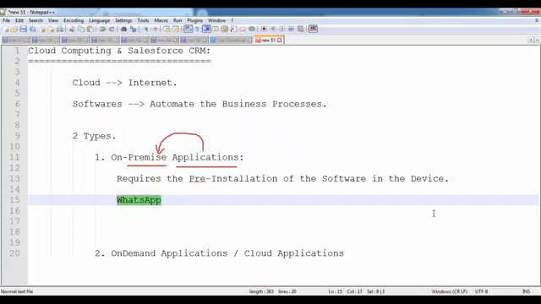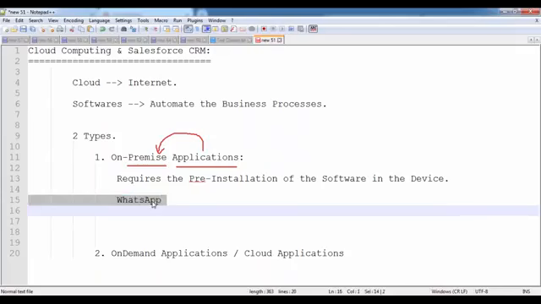But WhatsApp is one of the on-premise applications. First of all, we have to install WhatsApp on your smartphone. Then only we can start utilizing WhatsApp to have conversation with your friends. That means WhatsApp is an on-premise application which requires installation first.